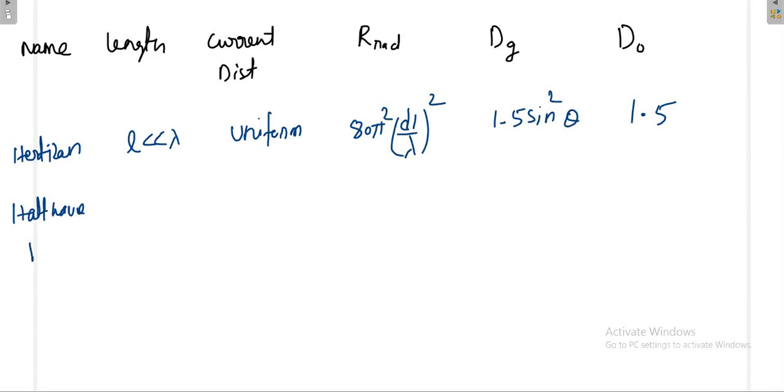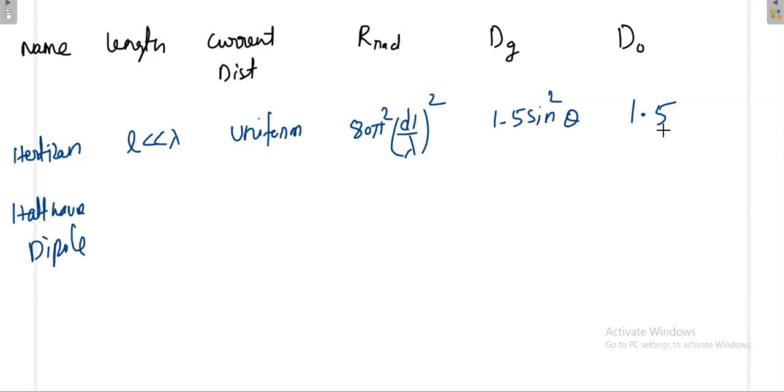So what is important, sir? This is something new, these two parameters. Simply remember this value. You simply remember this value. In the exam, they will ask what is the directivity of an infinitesimal small antenna or Hertzian dipole antenna. That is simply 1.5. Okay.